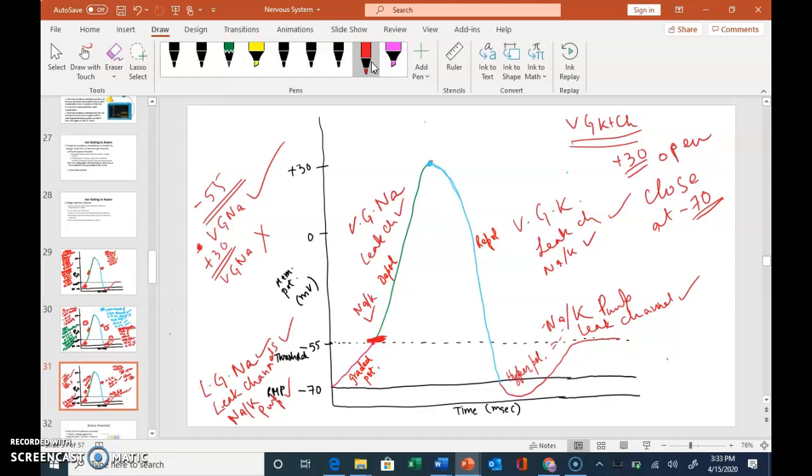It's so hard. Okay, so that was my mini lecture on action potential. The key point is you must know which channels are open and which channels are closed at which phase of the action potential. All right. So I'll stop here and then